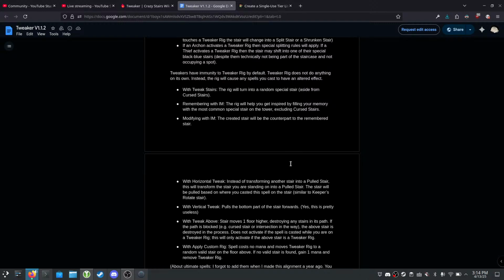Wait. Stair moves one floor higher, destroying any stairs in its path. If the path is blocked, the above stairs is destroyed in the process. Did I say that twice? Destroying the stairs in its path. The above stairs destroyed in the process, if there's one there. Does not activate if the spell is casted while you are on a tweaker rig. This will only activate if the above stair is a...